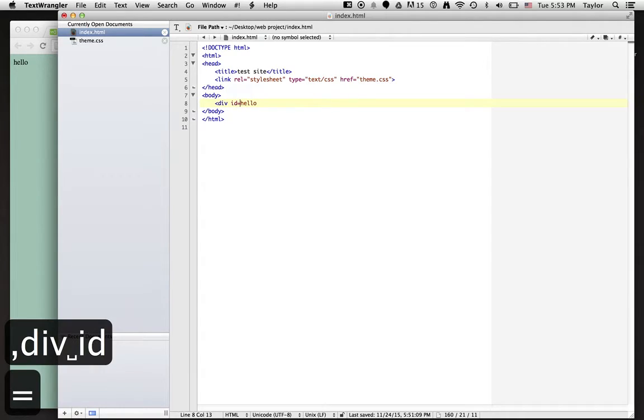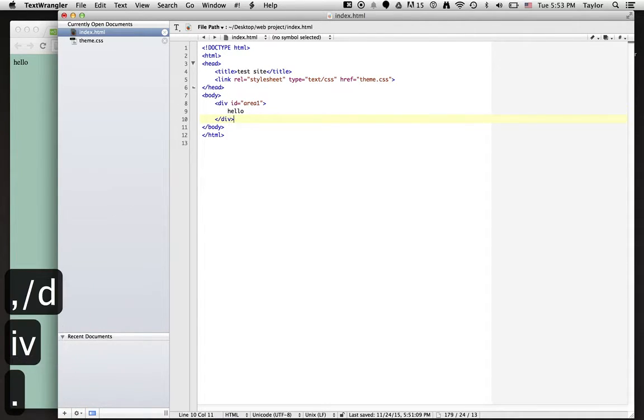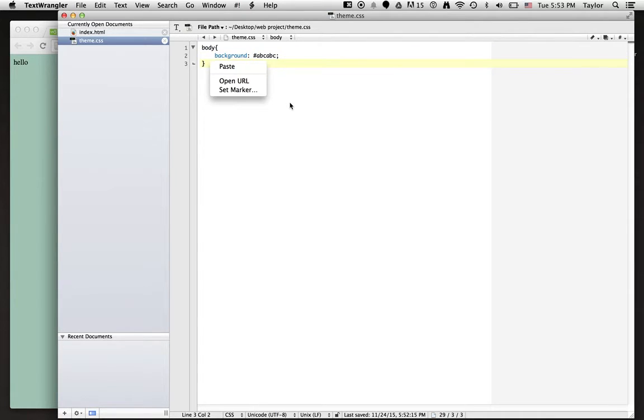Div ID equals quotes, and let's call this area1 quotes. And then I tab over my content hello, and then I come back and make a div closing tag right here. So that's step 1, although this won't do anything yet until I identify the specific characteristics of area1